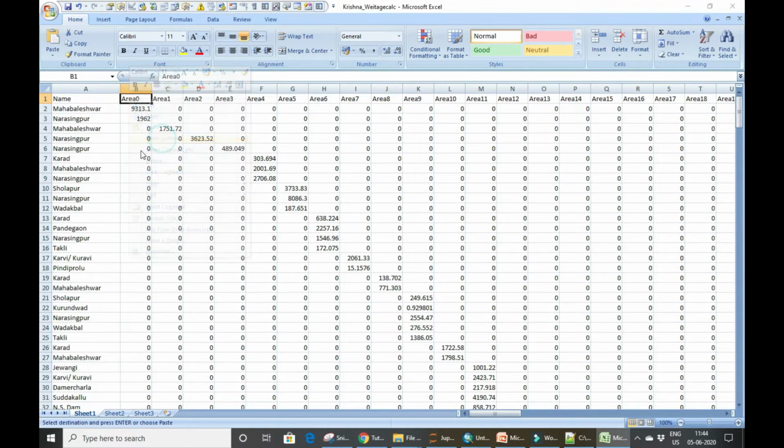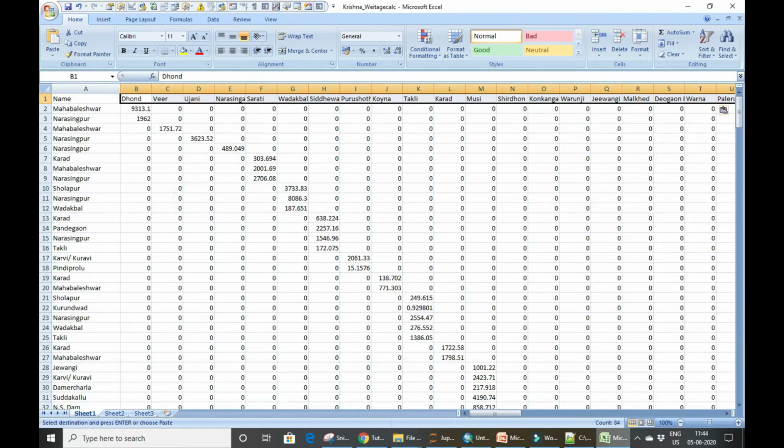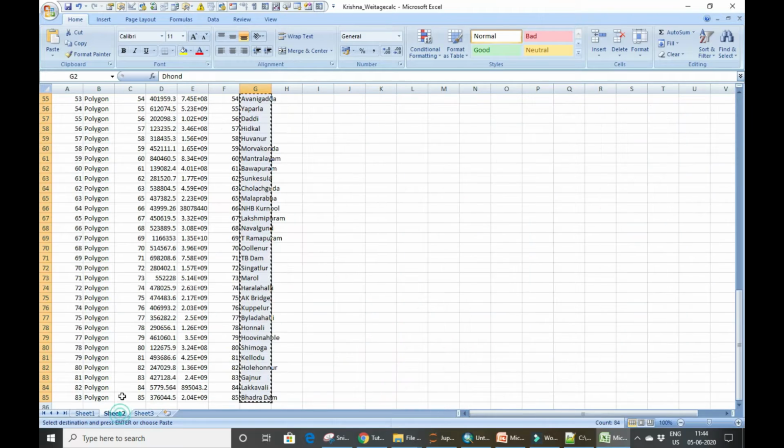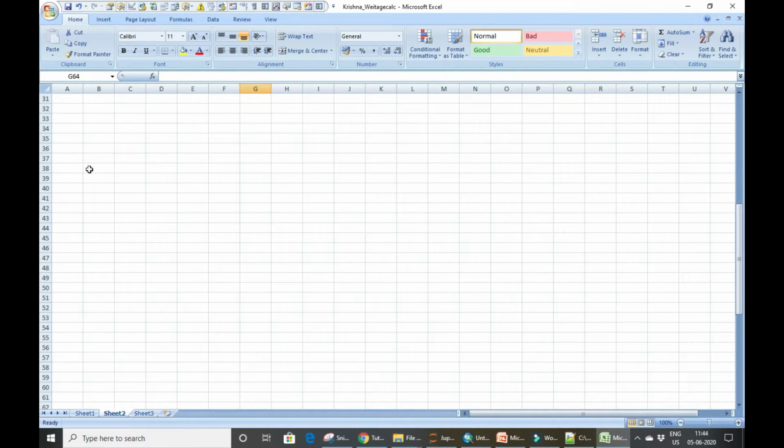Then I will only copy the names of the subcatchments and go here, and say paste special, value and transpose. So I know exactly now what amount of area each station contributes to each subcatchment. Once it's done, we just need to do one small manipulation with the pivot table.